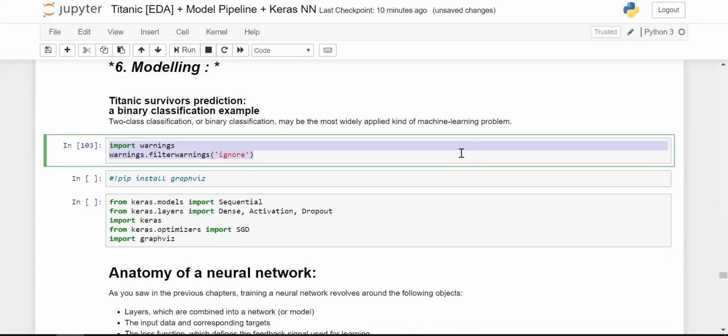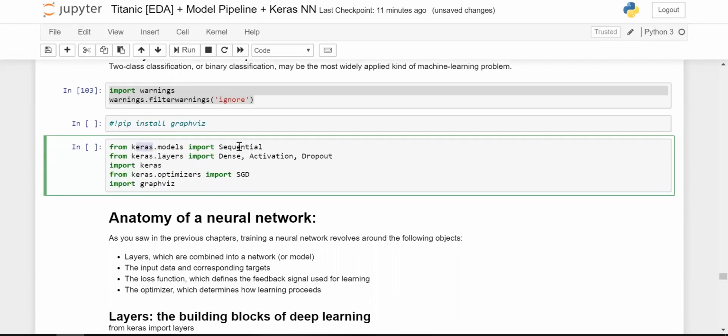One thing is that when you are playing with TensorFlow or Keras, you get a lot of warnings in your system, which doesn't make your notebook or your terminal look good. Which is why make it a practice to include this kind of code whenever you're working with neural networks or deep learning. We will be importing the sequential layer, which means the neural network goes forward one by one, and we import the dense layer, which is nothing but the fully connected layer, the activation layer denoting the activation functions that lie under it, and the dropout layer.